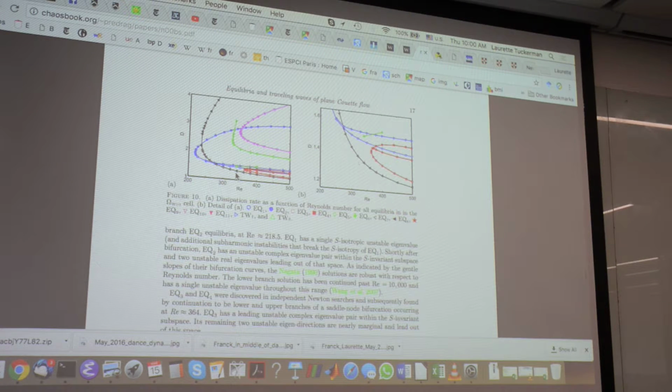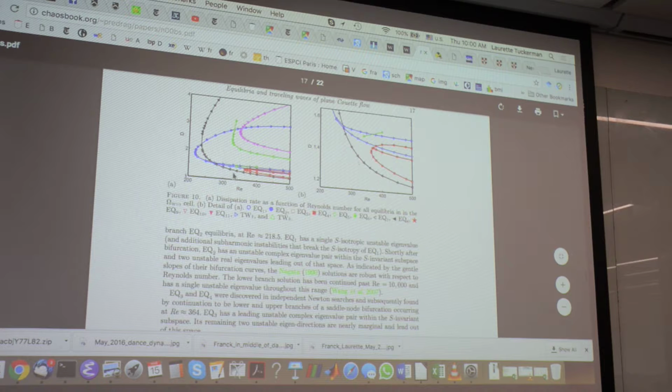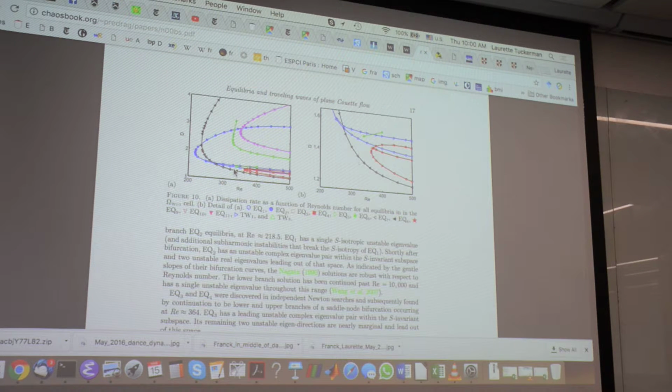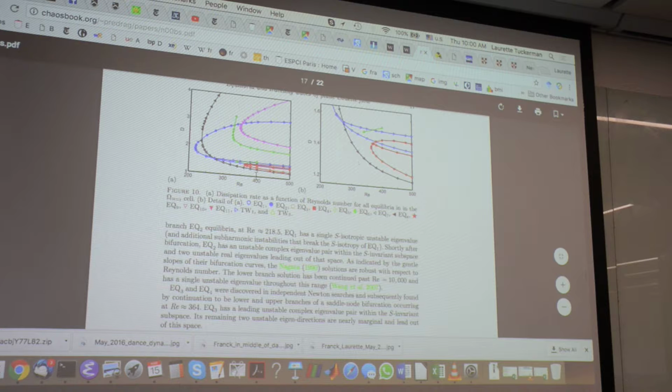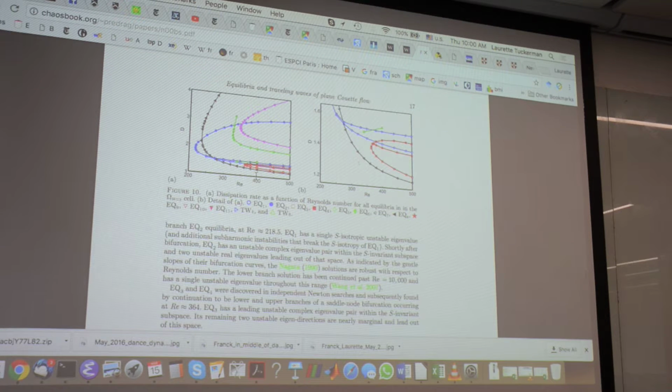The question is, does turbulence consist of traveling between these different solutions? Does this have anything to do with turbulence? And that is an unanswered question. As I said, I have a similar picture for convection in which some of them are stable, some are unstable. And what the system does is it just goes to a state and just sits there. There's no turbulence there. Or with a different initial condition, it goes to a different one and it just sits there. So having many unstable steady states does not imply turbulence, not at all.